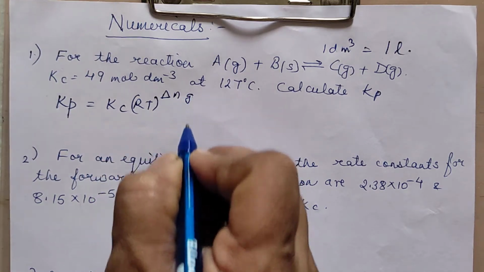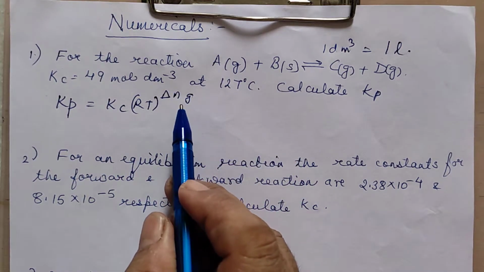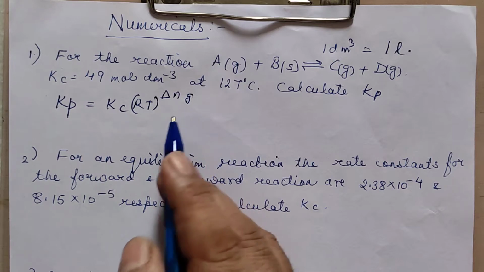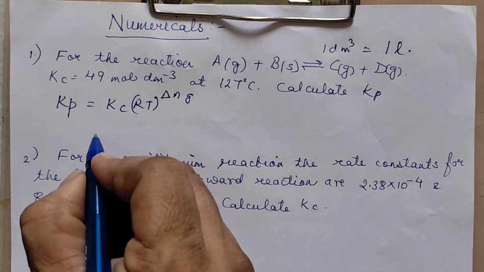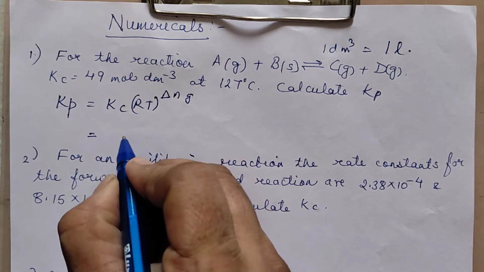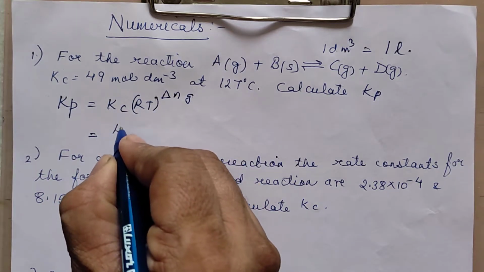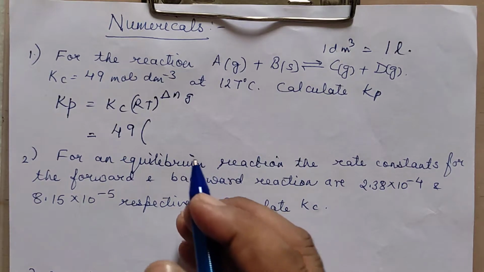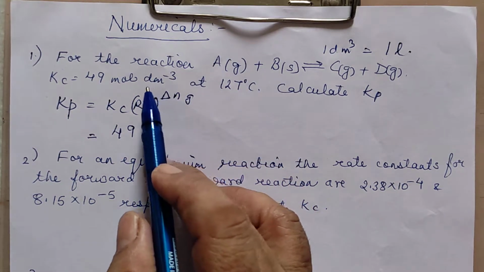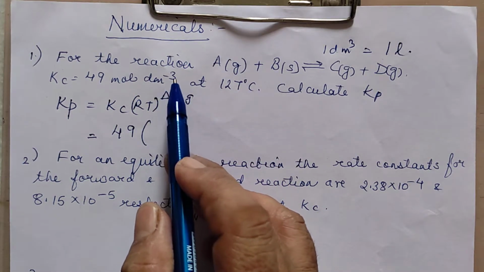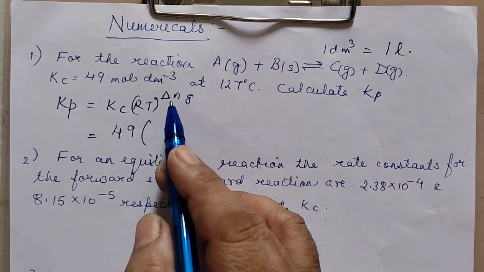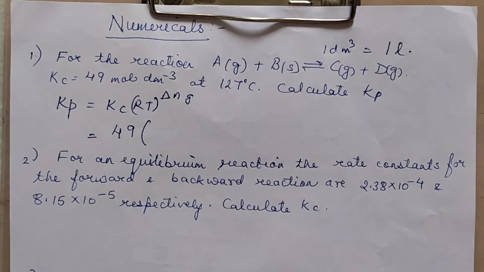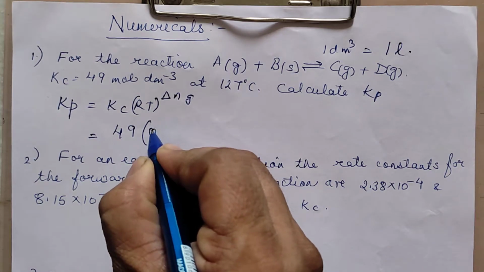I told you this is number of moles of gaseous products and gaseous reactants. That difference we are supposed to take. Now, Kc is given. So directly we are going to use Kc. Now R value. Now what R value we should be using? We can use this decimeter cube one which is included or the one which is having liter, that is also fine.